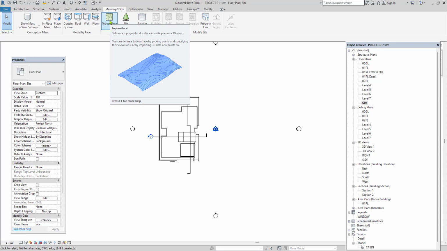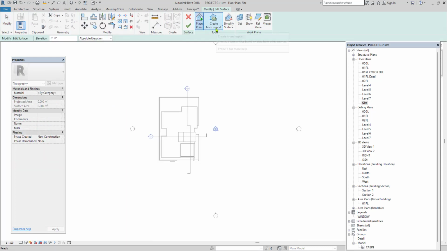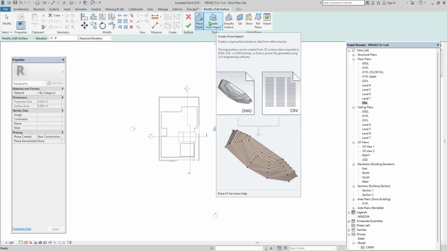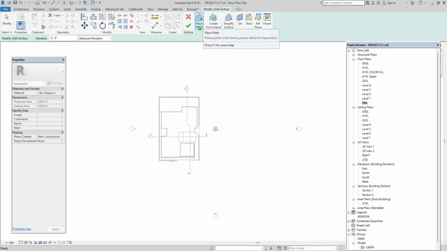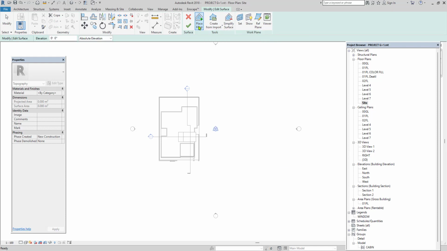Even if you have AutoCAD contour plans, then you can import it and then you can develop the site area around the 3D model. I'm clicking on the topo surface option. If you have a CAD import, then you can click on the create from import option. Otherwise, manually we are going to place it. Click on place object.